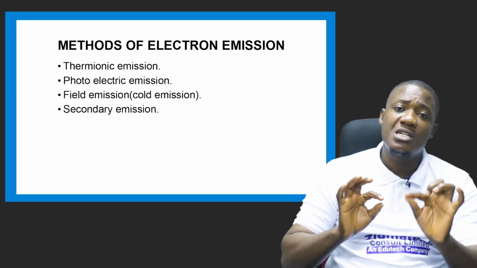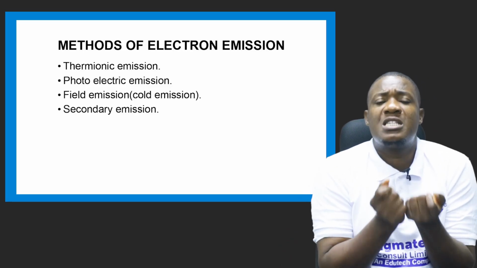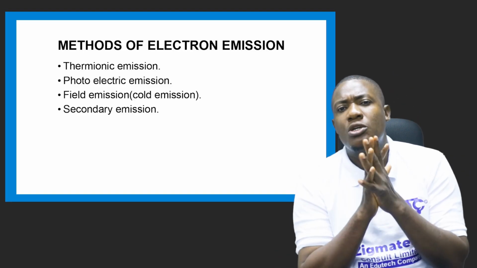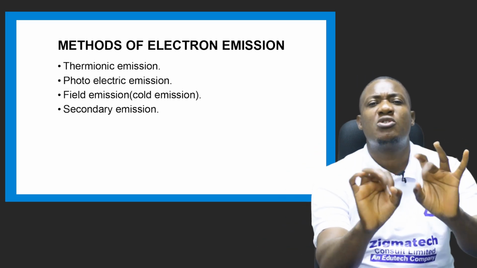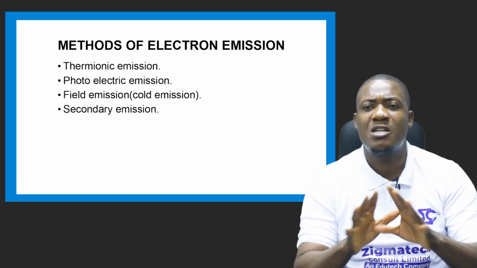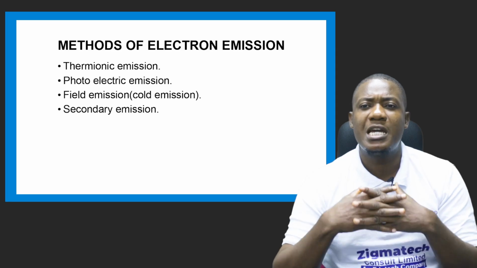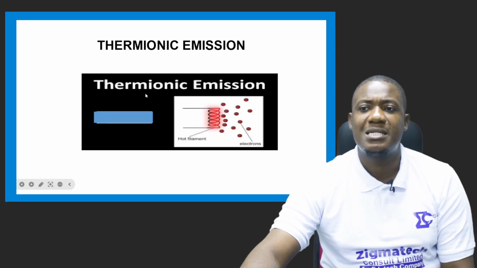When electricity is passed through this filament, what happens? This filament converts the electric energy that is passed to heat energy. So we see streams of electrons being emitted when the filament heats to a certain temperature. Such emission is called thermionic emission,